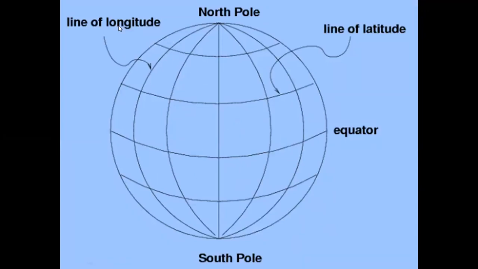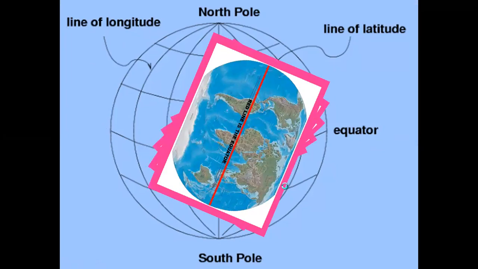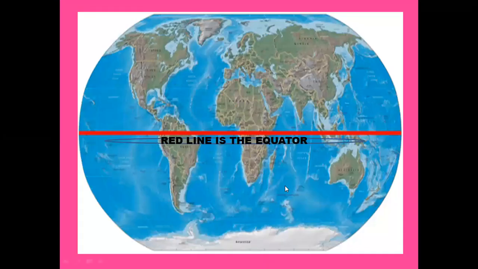Now again, one more time, the image which clearly shows the lines of longitudes and the lines of latitudes. These are the longitudes and these are the latitudes. This half part is the equator. You'll find the North Pole over here and the South Pole over here. Now this is the globe, which indicates the Earth.